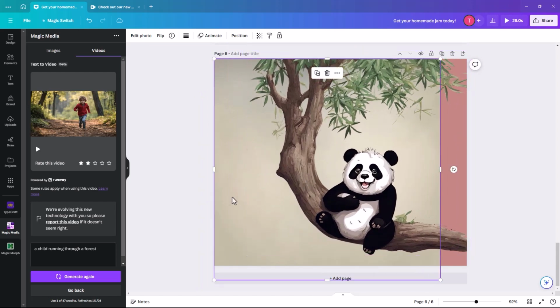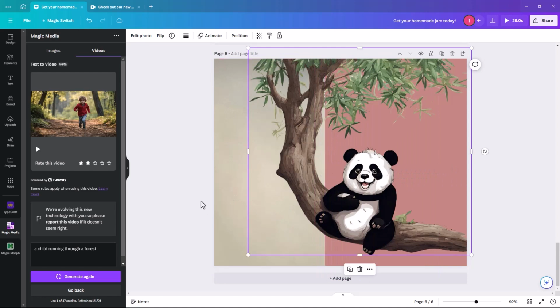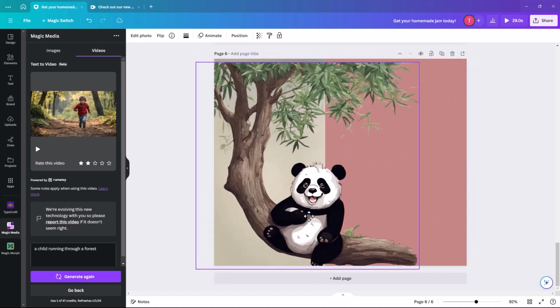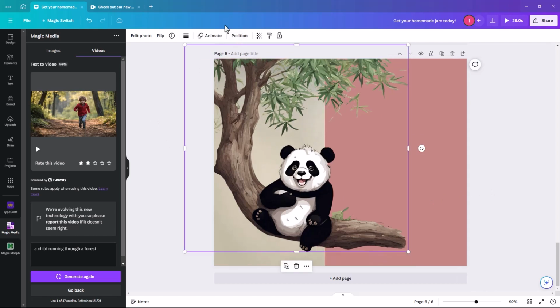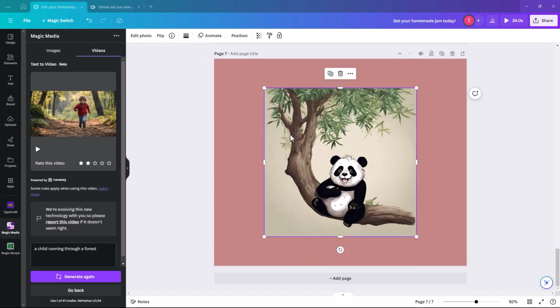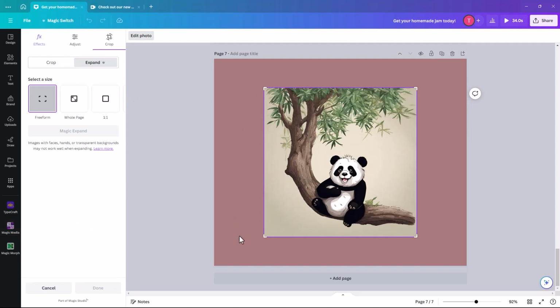So then you could have a split background and make it a little more interesting, and then you could put some text in here. So it still works. It's pretty good. It's a good feature. The Magic Expand, then again we go back in here, and the Magic Expand basically generates